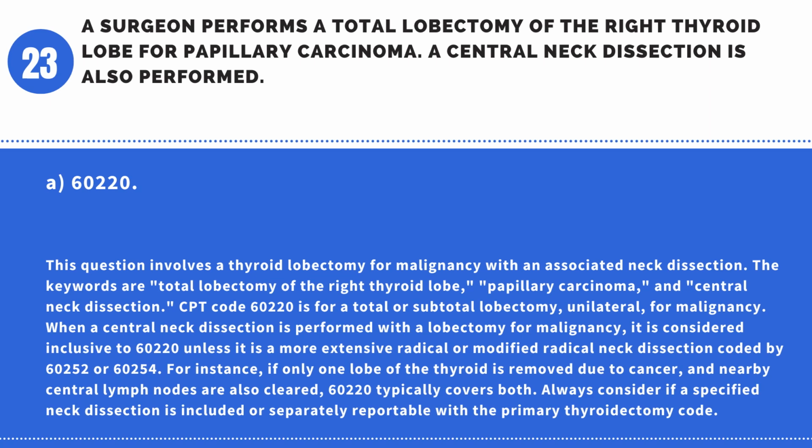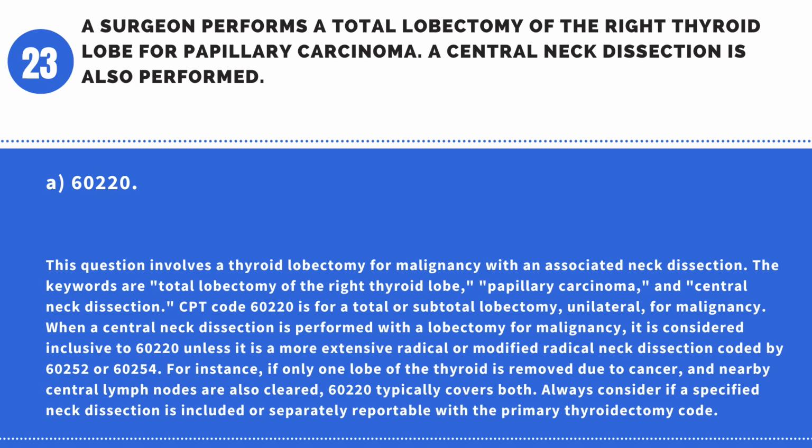60220. This question involves a thyroid lobectomy for malignancy with an associated neck dissection. The keywords are total lobectomy of the right thyroid lobe, papillary carcinoma, and central neck dissection. CPT code 60220 is for a total or subtotal lobectomy, unilateral, for malignancy. When a central neck dissection is performed with a lobectomy for malignancy, it is considered inclusive to 60220 unless it is a more extensive radical or modified radical neck dissection coded by